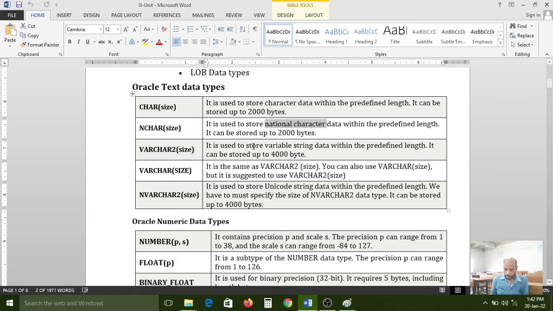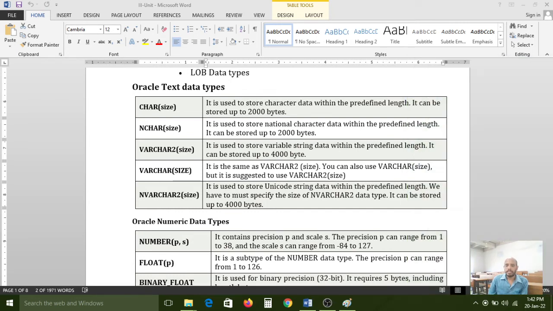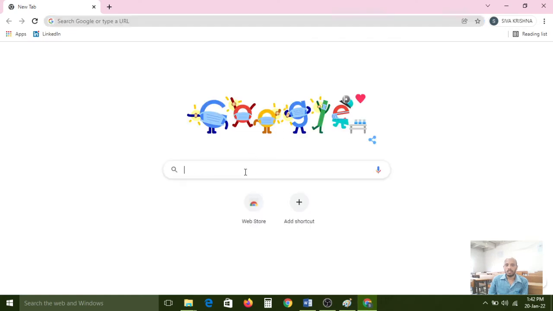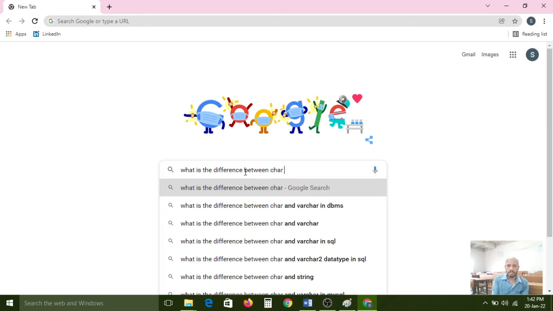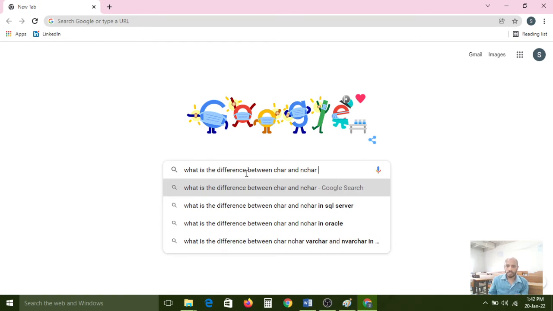So to show that example, now I am connecting the internet to my laptop. Connected. Now, what is the difference between char and nchar in Oracle?